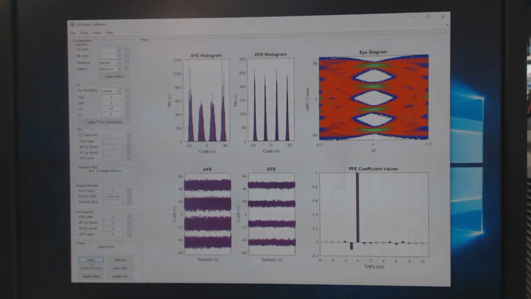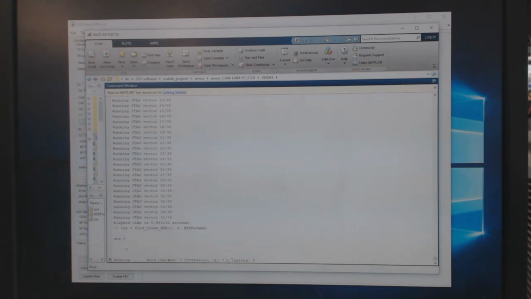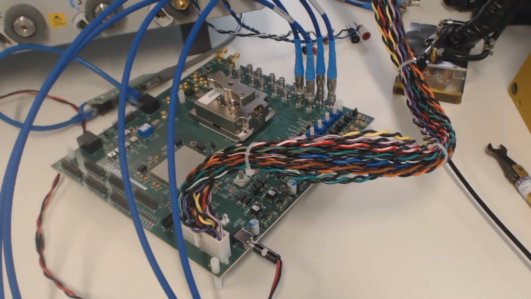With this medium reach 23.5 dB total channel loss, the recovered PAM4 eyes are wide open and the user interface is registering 0 bit errors. In a time-lapse video capture, here you can see that more than 3 trillion 53.125 gigabit per second PRBS31 bits were sent, and the raw bit error rate is 9.9e-13 with a confidence level of 95%. Now let's test across a longer channel.